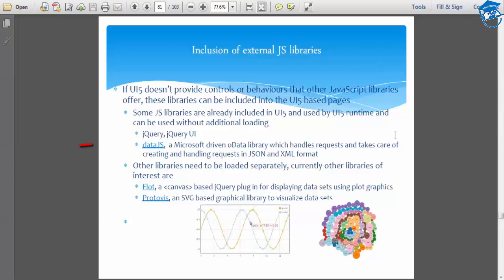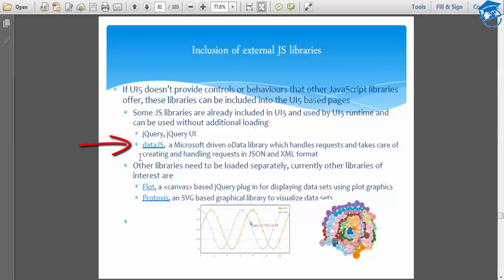Similarly, D3.js, there's a concept in D3.js where we have charts, etc. All the charts which you see in SAP UI5 have been taken from D3.js. It's a beautiful JavaScript library available. By using D3.js, all the chart related controls have been developed. So that's the reason D3.js is a very prominent one.